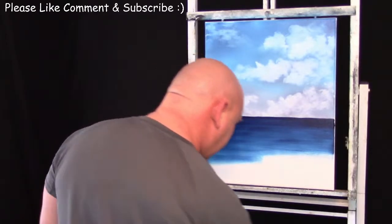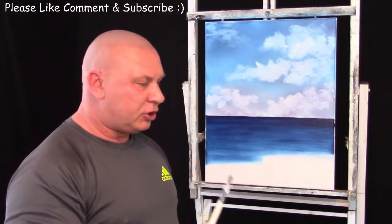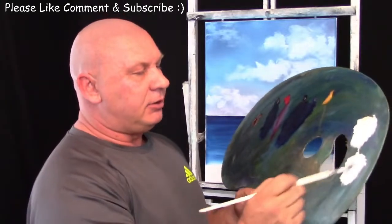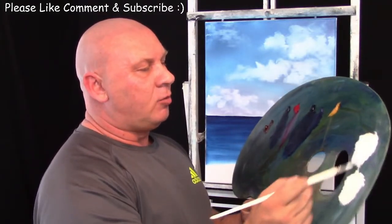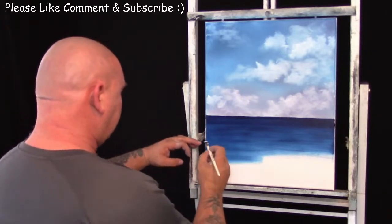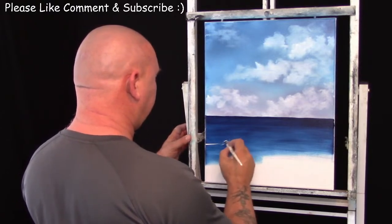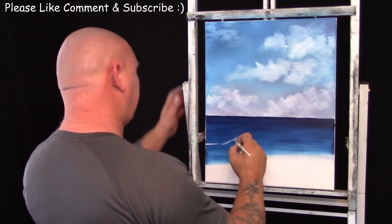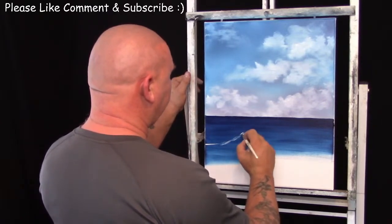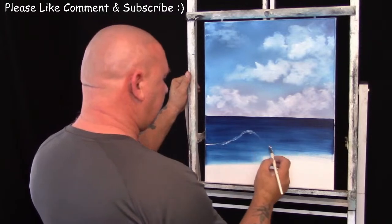You could scratch it in with a knife if you find that easier. But I'm just going to use my filbert brush and a little bit of white, and I'm just going to draw it in. So I'm just going to go into some titanium white, and we're going to use a line. So as I said, we're going to come along here, so along here we're going to come up, here, and then we're going to take it over and down. I'm going to take it down here,